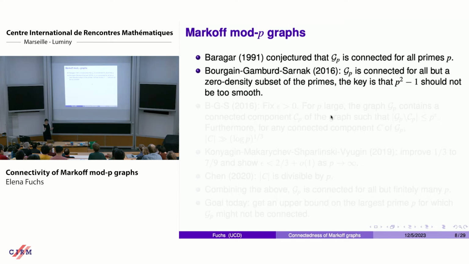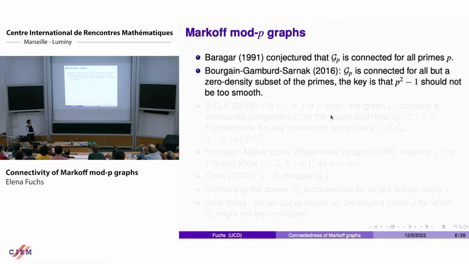This is not a slight against them. I'm not trying to say they haven't proven it, it's just not available. The stuff I'm going to mention here is all in a paper that's on arXiv, but again, it's not published yet. So if you look at that paper on arXiv, there may be some typos and things that you have to sort through. But anyway, in 2016, they showed that GP is connected for all but a zero density